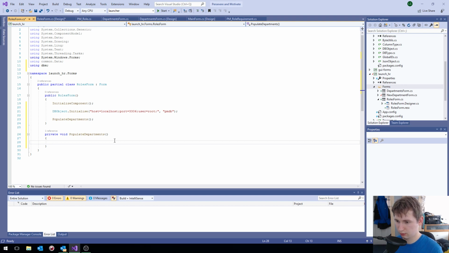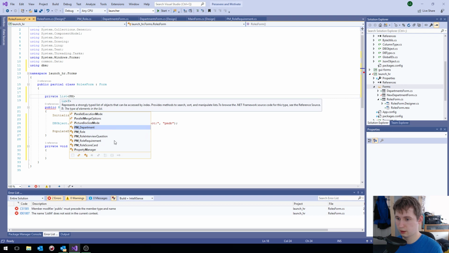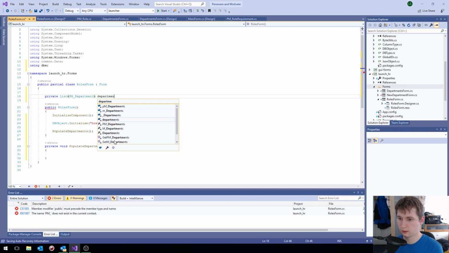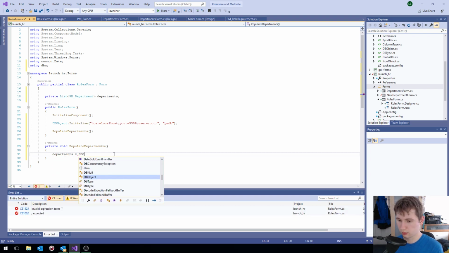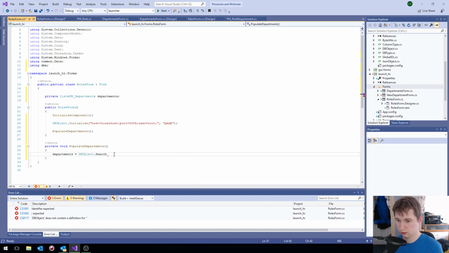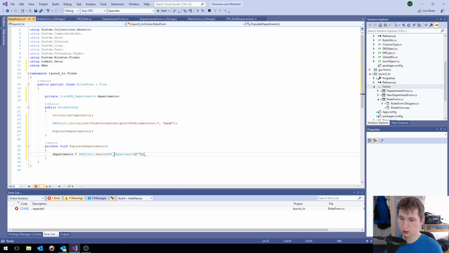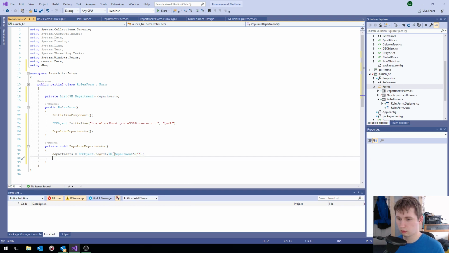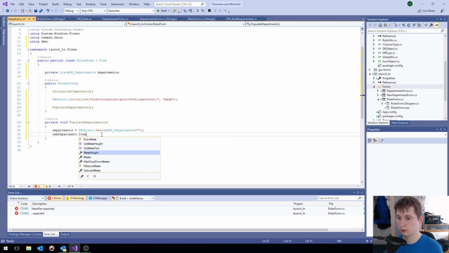So what I'd now like to do is create a list of PM department containing our departments. That is going to be dbObjects search PM department, and we've got no filter because we want to get all of them. Firstly, we're going to do cmb department.items.clear,